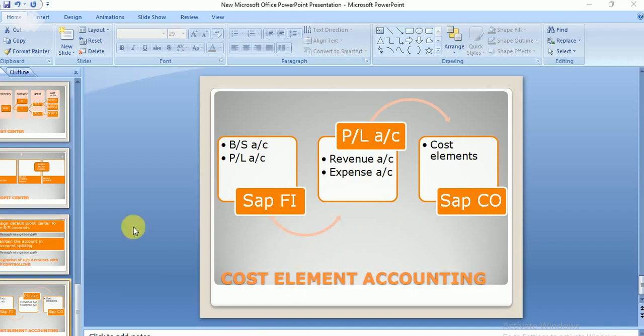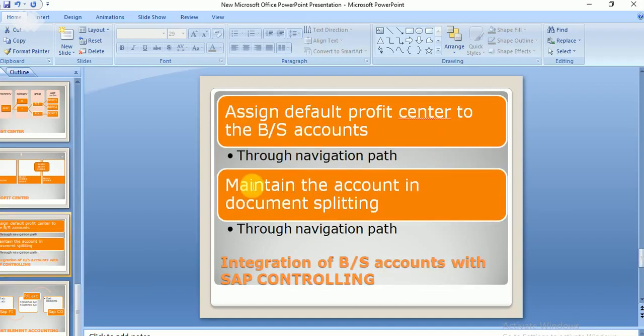To do this, I'm entering into this. This is about integration of balance sheet accounts with SAP controlling. We have to always remember these two thumb rules. We need to assign a default profit center to my balance sheet accounts.